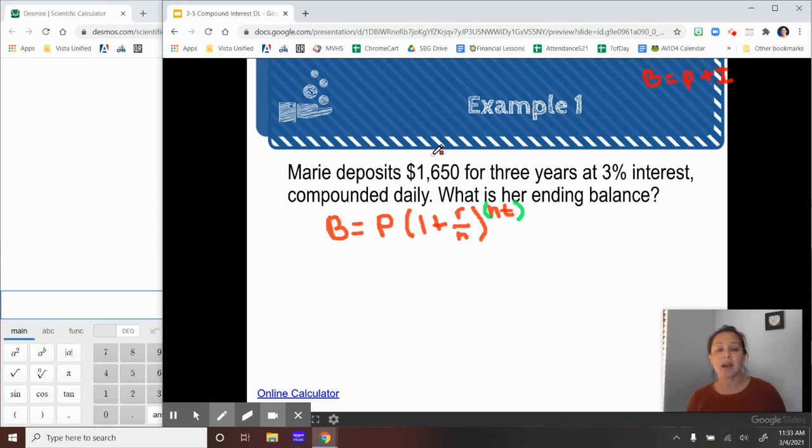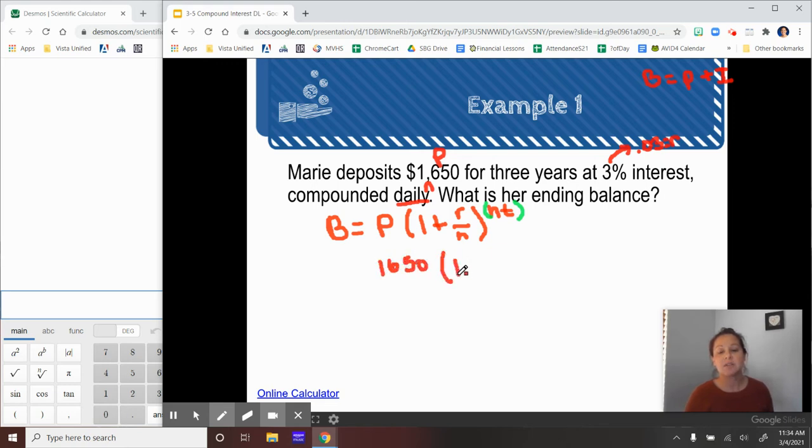So, we have the $1,650, there's our principal. Our rate is at 3%. So 0.03 would be what our R is. And then it is compounded daily. And so that's going to be our N. Okay. So plugging this into our formula, we're going to have